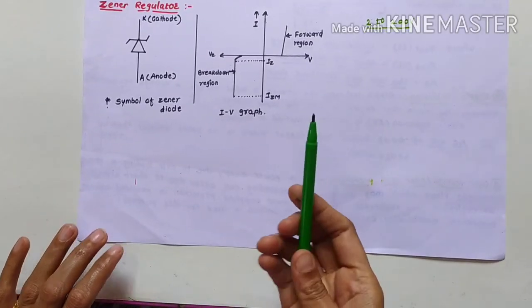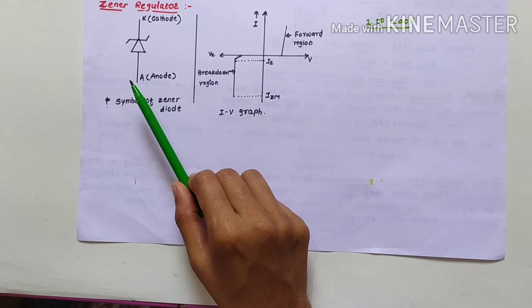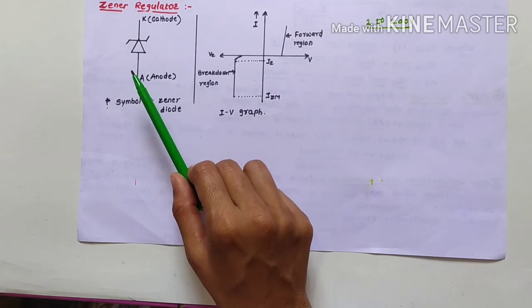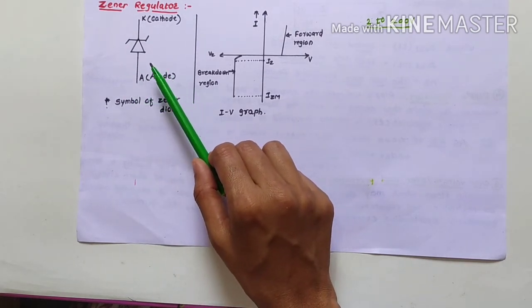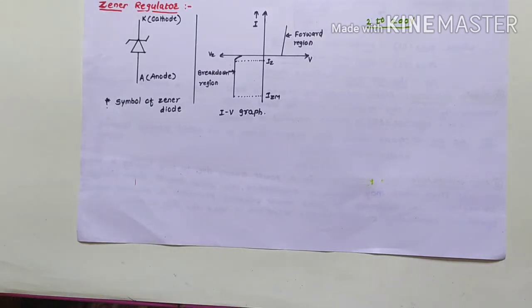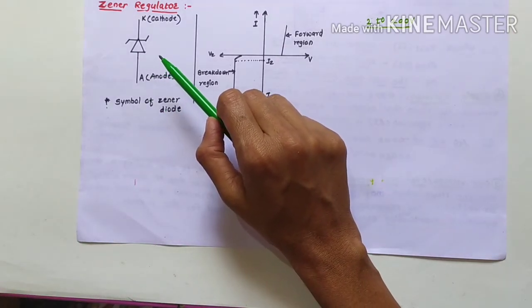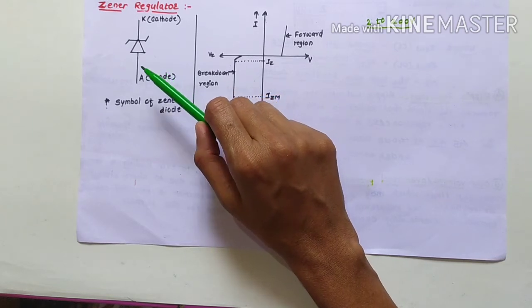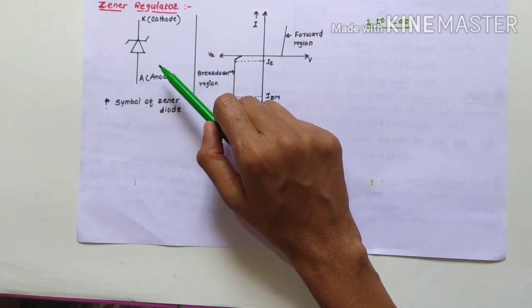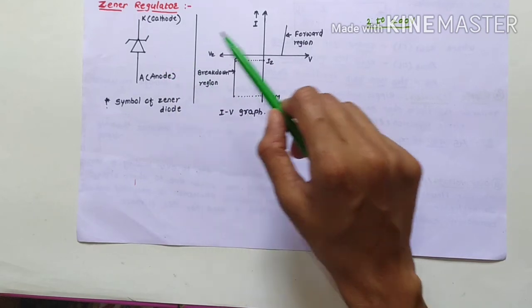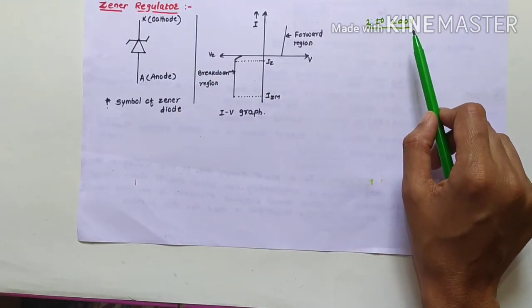Now, a Zener diode is a PN junction diode which is heavily doped. What is meant by doping? Doping is nothing but adding some impurity to a pure semiconductor. Okay students? The depletion layer is very narrow. By varying the doping level, it is possible to produce Zener diodes with a breakdown voltage in the range from 2 to 200 volts.